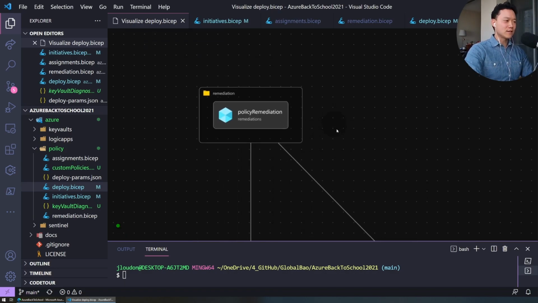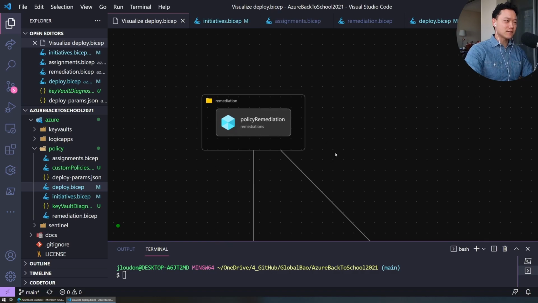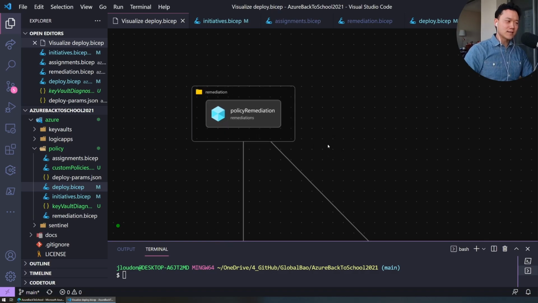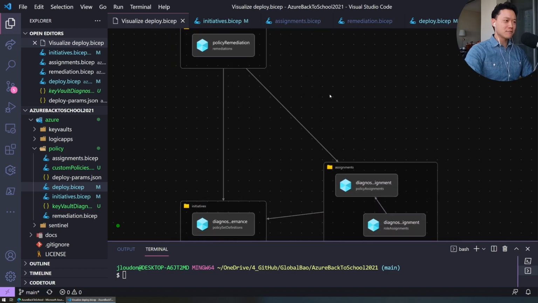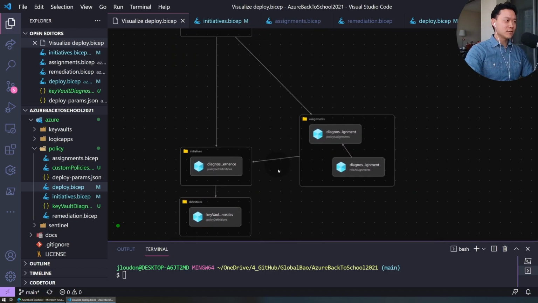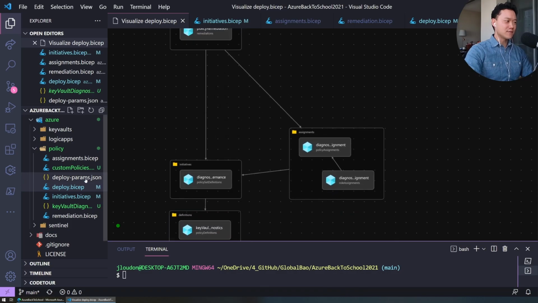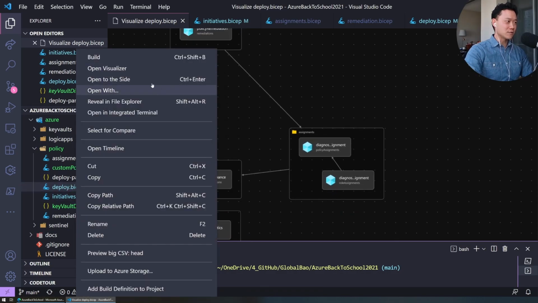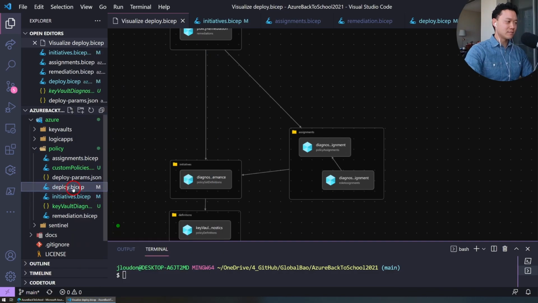And then lastly, we've got a remediation resource here that we can kick off through the Bicep deployment to push out a remediation task to any non-compliant key vaults in our environment. So that's all done through code here. That's really an overview through the built-in Bicep visualizer, which is also available by just clicking on Open Visualizer on your main Bicep file. So if I take you through